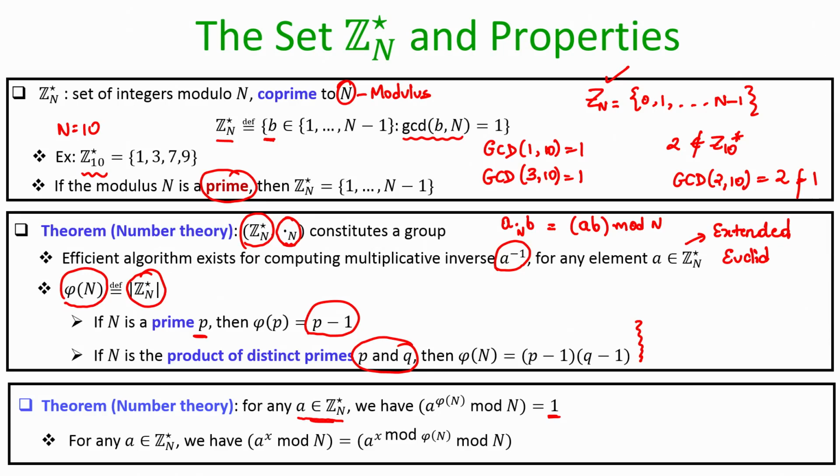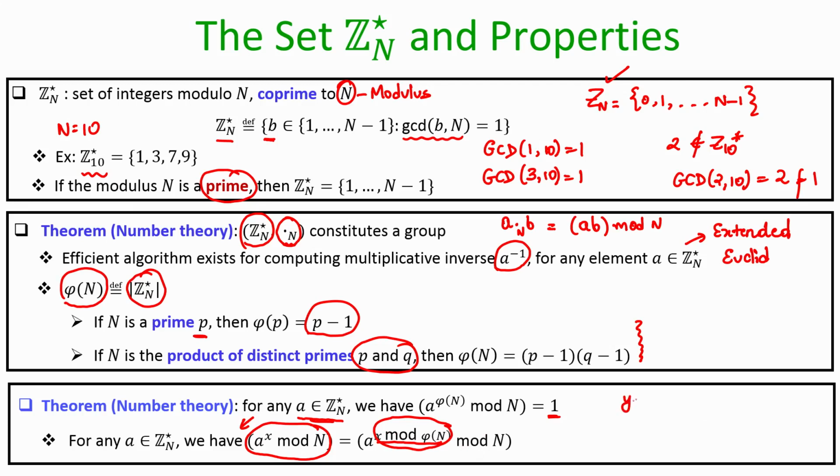And because of this we come to the following conclusion. If you are given any element a from the set Z n star and you want to compute a to the power x modulo n, then the exponent x itself can be reduced modulo phi of n. That means, whatever result you obtain by computing a to the power x modulo n, namely by dividing a to the power x by the modulus n, the same result you will obtain if you first reduce the exponent to x modulo phi of n and then compute a to the power the new exponent, in a new remainder, modulo n.